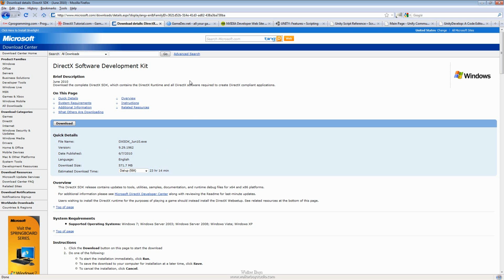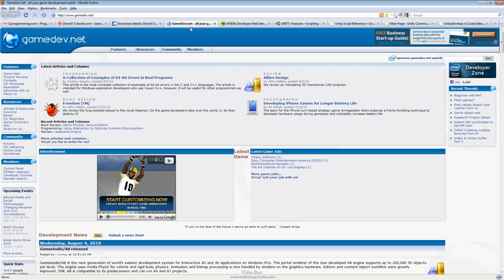Alright, now if you're also wanting to connect into more of a programming community, there are a lot of them out there. One of them is GameDev.net. This is a great one to get into where programmers go, the latest information programmers have and look at, articles and books and all those things for it.